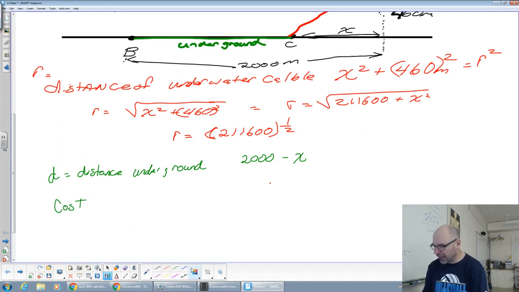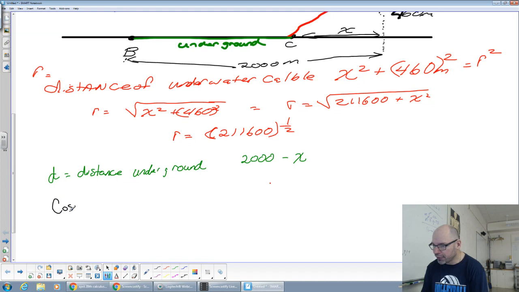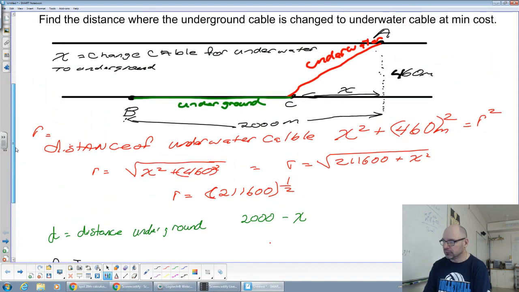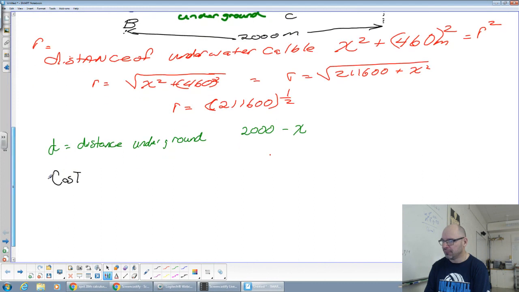Cost. So the cost equation is the price times the distance. Price times the distance. Let's do the underwater first. The underwater is $120 per meter. So that's equal to 120 times